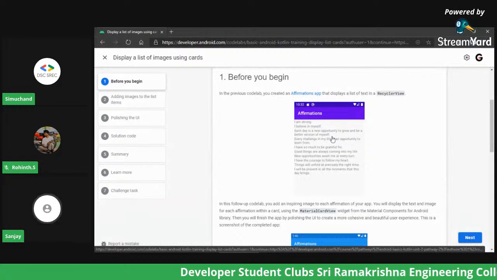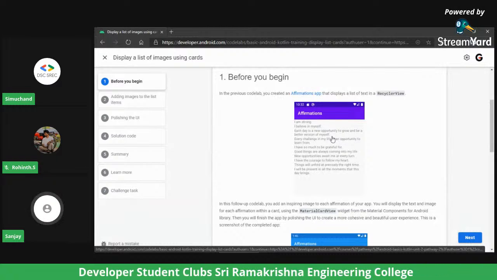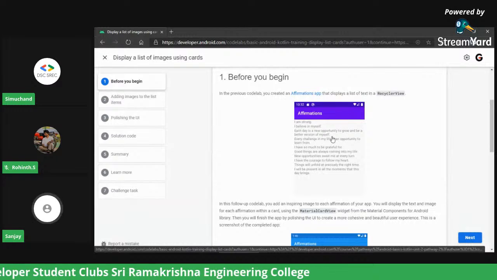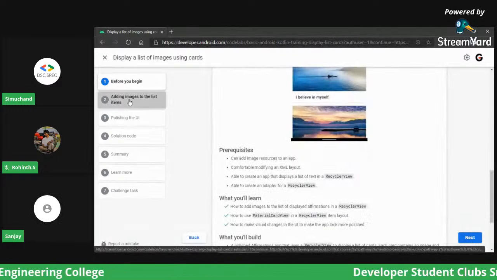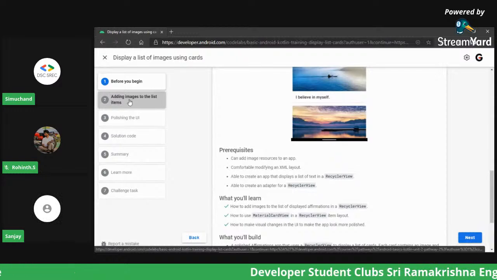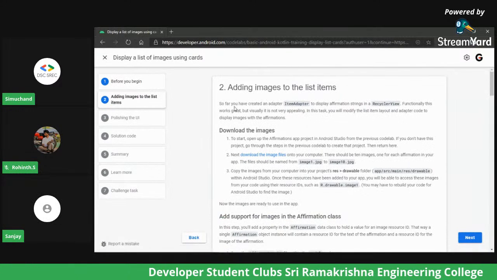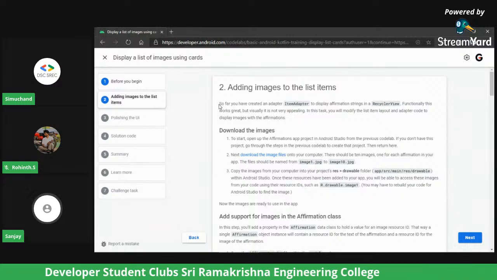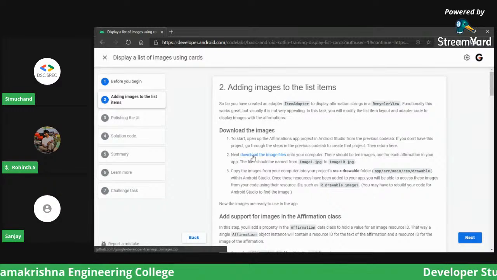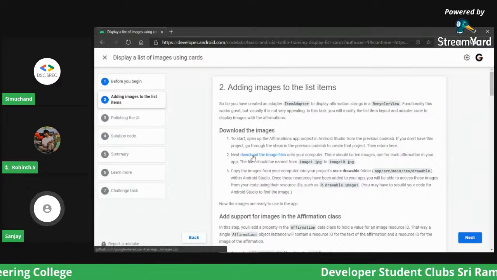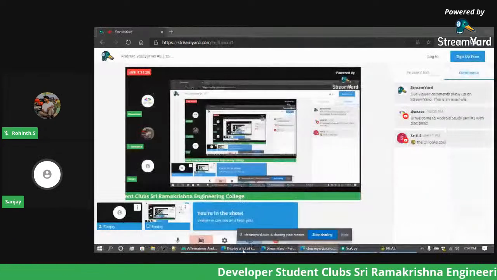The app Rohit built previously. In this, I'm going to change the simple app into a wonderful UI with the images. So before going to the Android Studio, you must have to